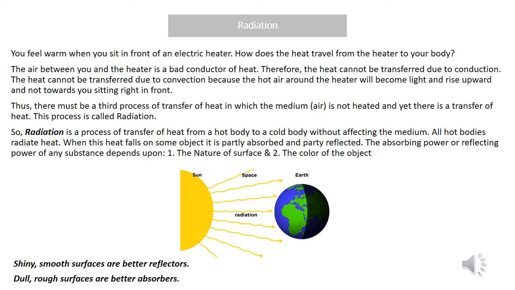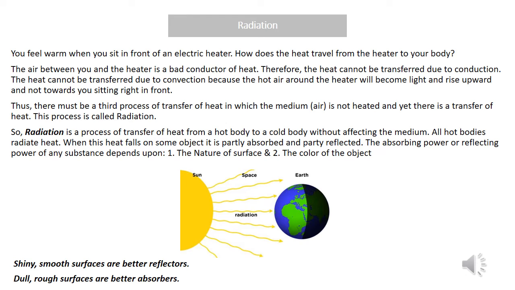In this method, transfer of heat takes place from the hotter object to the cooler object, without affecting the medium. See, between you and heater, what is the medium? The medium is air. But as I told you, air is an insulator, so air is not getting heated, it will not conduct heat, isn't it? So directly you are getting heat from heater, and this method is called radiation, in which medium is not getting affected. Okay.